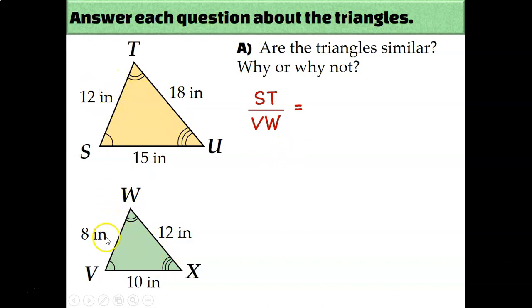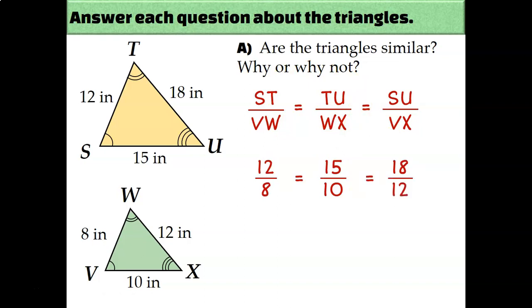So I have short side over short side equals long side over long side equals medium side over medium side. So this is my statement of proportionality, and then I can plug in all of my numbers based on what I see in my diagram. And the next step is to simplify each of these ratios. We're hoping to get the same fraction each time when I reduce. Because if all three of these fractions reduce to the same thing, that means the triangles must be similar, because the side lengths were proportional, and because, as we said earlier, each pair of corresponding angles were